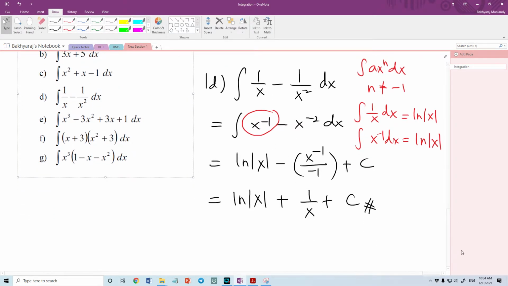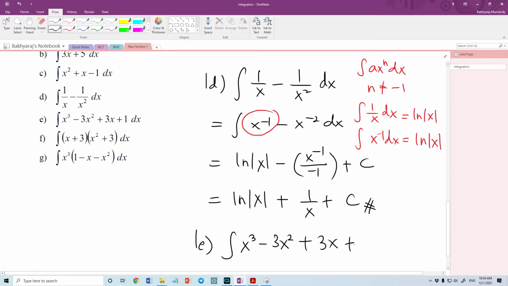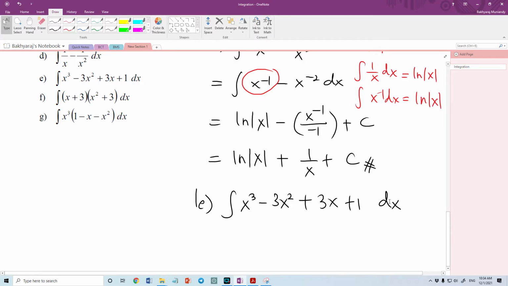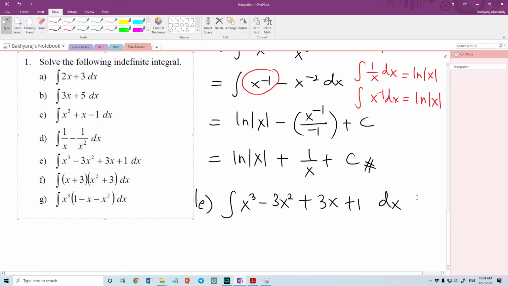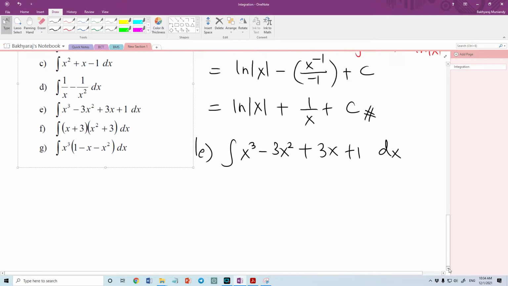So that will be the last answer. Okay, so we have completed 1D, and now I proceed with 1E. So 1E, I'm going to integrate x to the power of 3 minus 3x squared plus 3x plus 1 dx. This one is a simple integration compared to your 1D just now. So what is the answer? The answer will be equal to